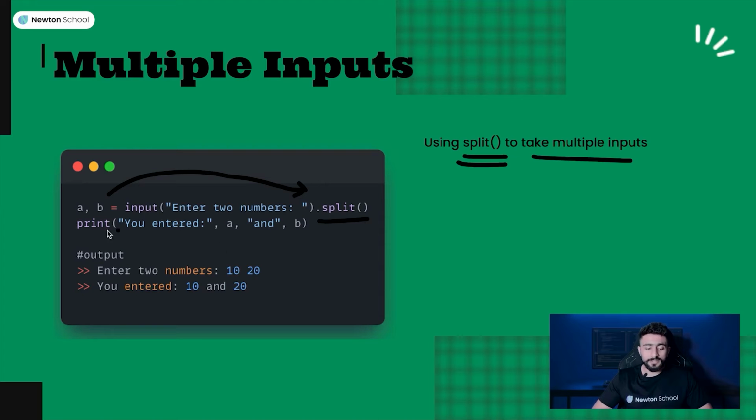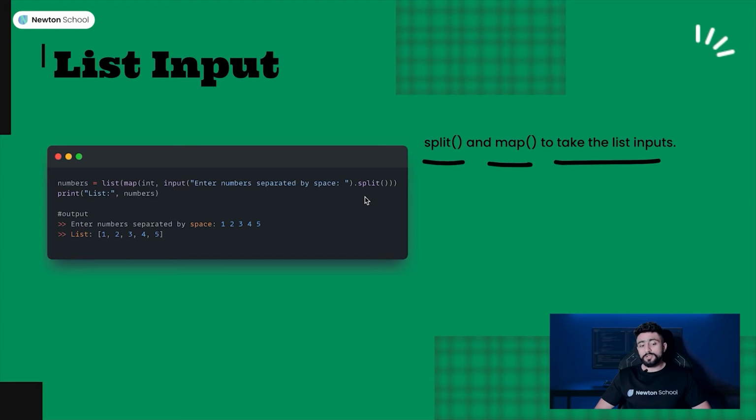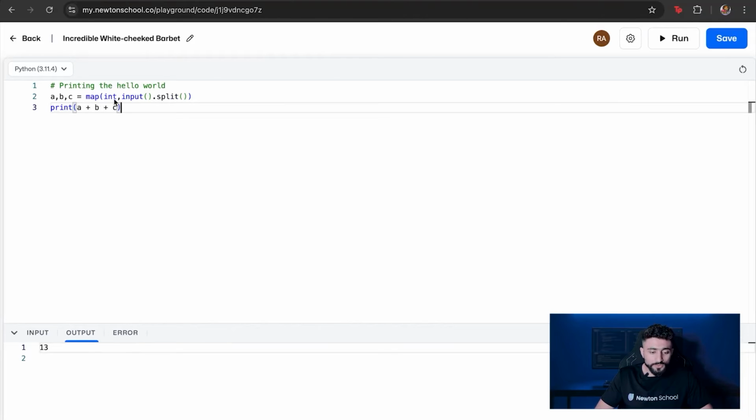So here we are taking 2 inputs in one go, right? Now what if I want to take the input as a list? I want to take a lot of data at the same time. So in the previous example, if you want to use this input, because earlier we were taking this input as